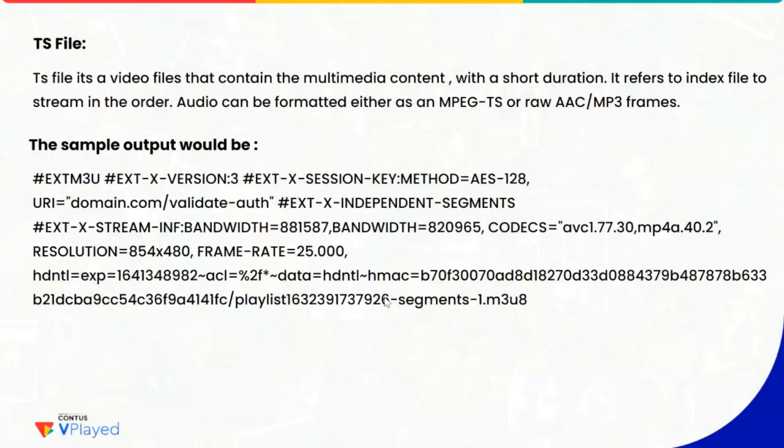So the final one here, you could see an HMAC algorithm generated key. This generated key is a short-lived key. Here you could see the parameter called expire. This is meant for expiry, so it will have a limited time frame. Up to that, this particular short-lived token will be valid. After that, you can't play it. This way, you could secure it if it is playing over the internet, especially with the AES-128 key.